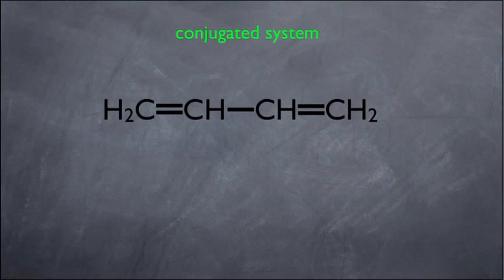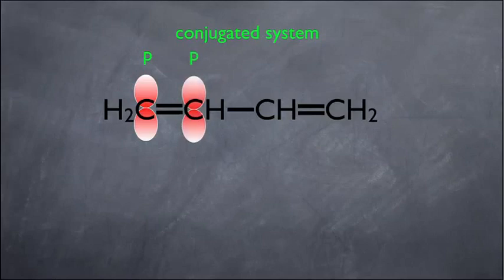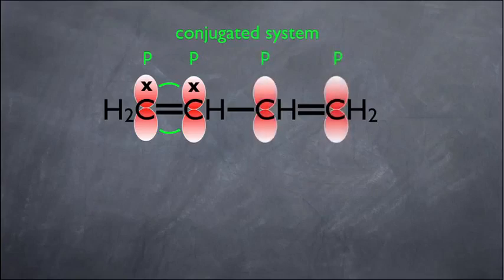And let's remind ourselves what's happening at an orbital level here. Remember, each one of the carbons in the conjugated system is sp2 hybridized, and that means that each one has an unhybridized p orbital, and each unhybridized p orbital has an electron in it, and those electrons are sideways overlapping to make that pi bond. Remember the truth behind that pi bond. Every pi bond is two p orbitals sideways overlapping. So the pi bond on the right here, same thing is happening. Two p orbitals with electrons are sideways overlapping to make that pi bond,